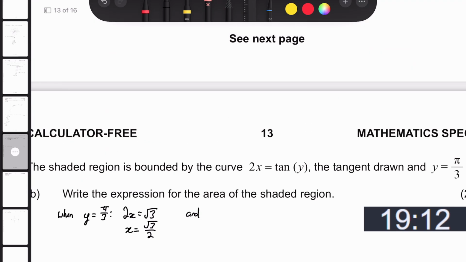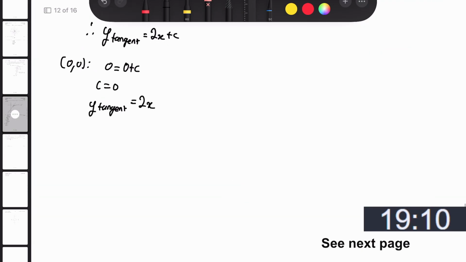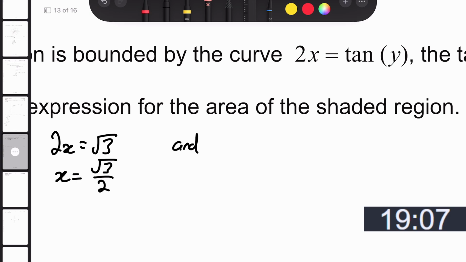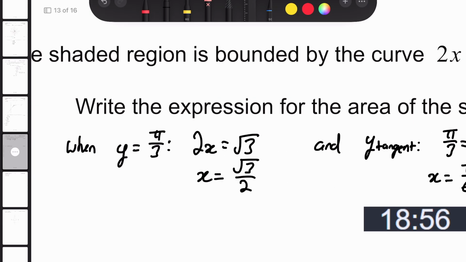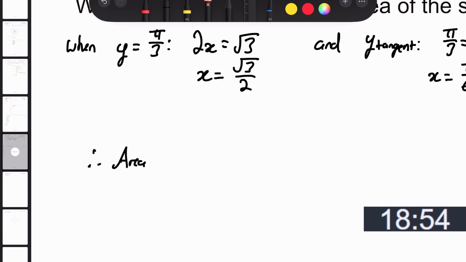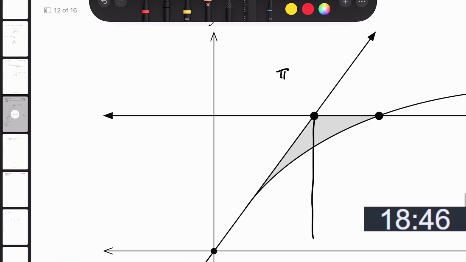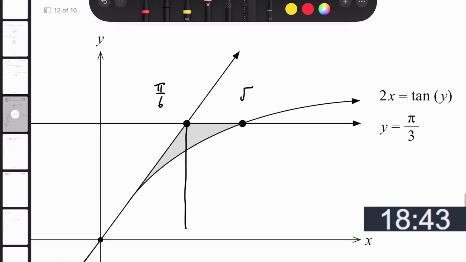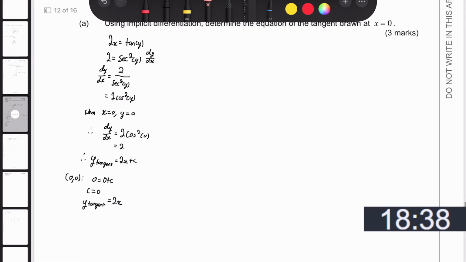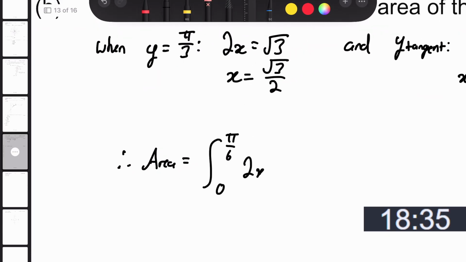And let's say that pi on 3 for y tangent, we have that pi on 3 equal to 2x. So x is equal to pi on 6. Therefore, area is always going to equal, you go pi on 6 from 0, because this here will be pi on 6, and then this one is square root of 3 on 2. So 0 to pi on 6 of the tangent, which is 2x, minus